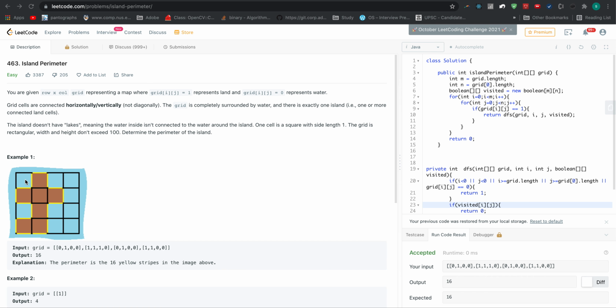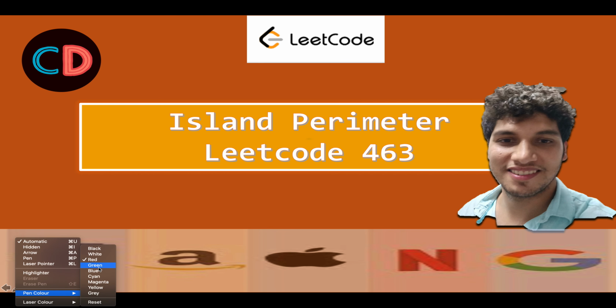So we should only iterate as soon as we identify the first one, because it will be connected across the complete matrix. Without much ado, let's look at the presentation that I have created for this. It seems like an easy question, but it's a very important question and forms the basis of the typical DFS BFS approach in the matrix problems. We have solved plenty of such questions in the past, but it's a good revision for us. Let's get started with the solution.